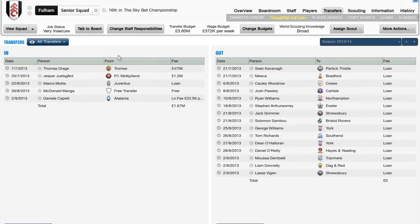But first, I will just take you through these transfers before we start to talk about our league form over the past month. And as you can see from being 16th in the Championship up here, it's not exactly been what you'd call excellent. In fact, whatever you consider to be the opposite of excellent, that's pretty much been our league form. But let's take a look at Motta, who we've brought in from Juventus on a loan